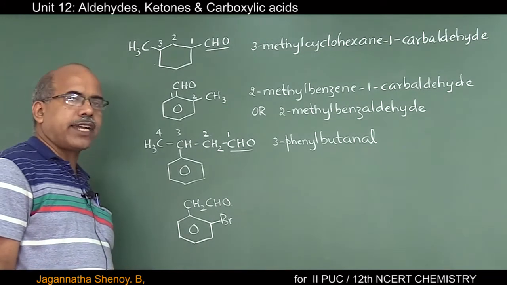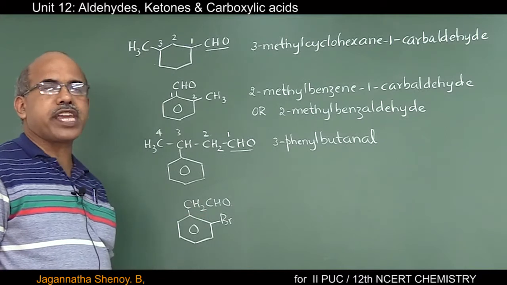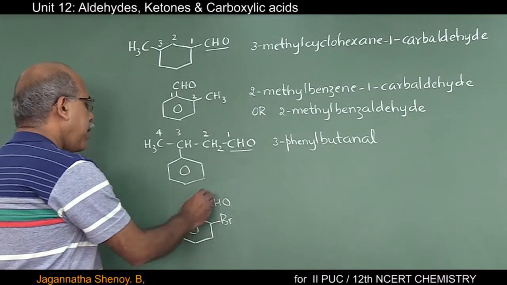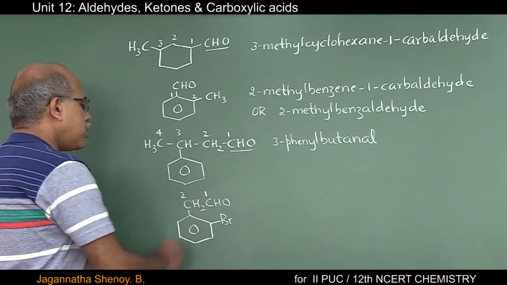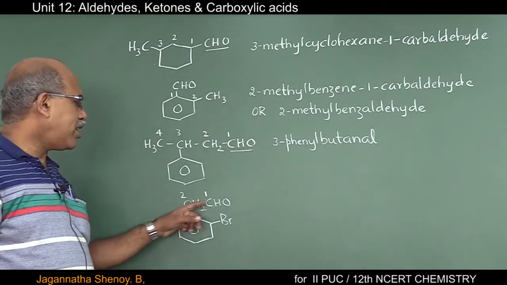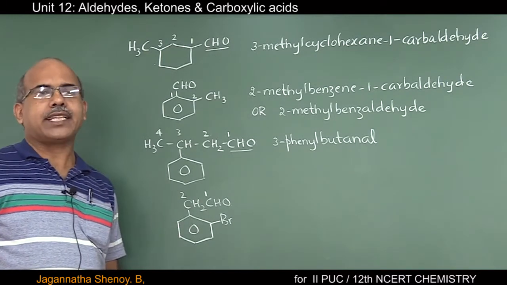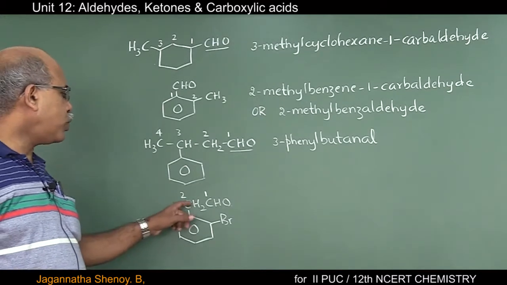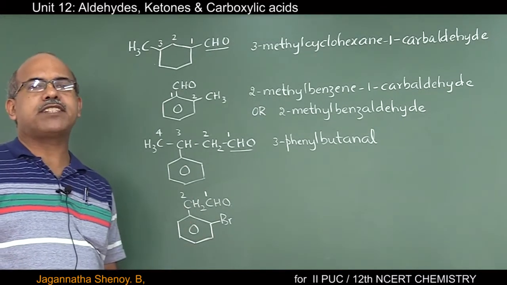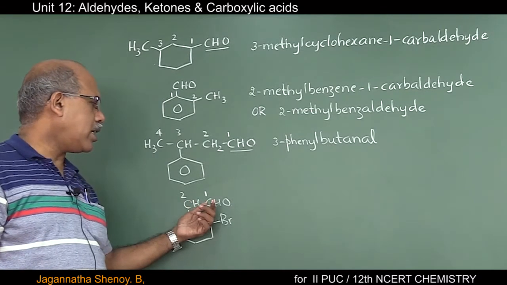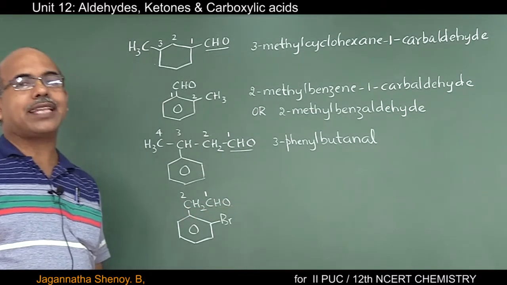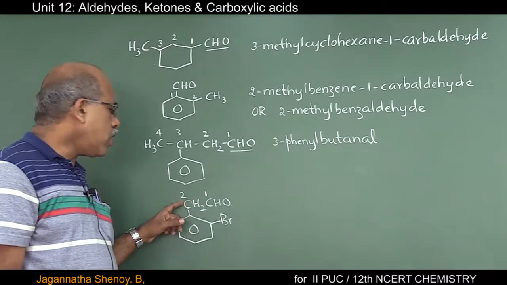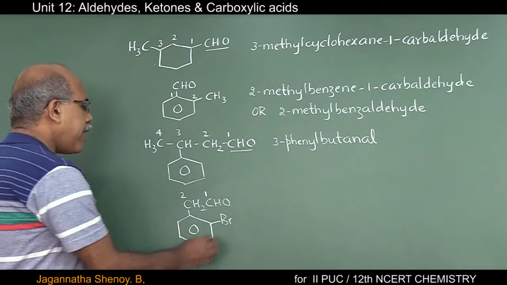So which is the parent hydrocarbon? It is the CH2CHO part. So I'll number this open chain part. This has to be 1 and this has to be 2. In other words, the root word will be eth because there are only 2 carbon atoms in the main chain. And the 2 carbon atoms are connected by means of a single bond. So ethane, and the CHO group is there, ethanal. But in ethanal, on the second carbon atom, we have this group.